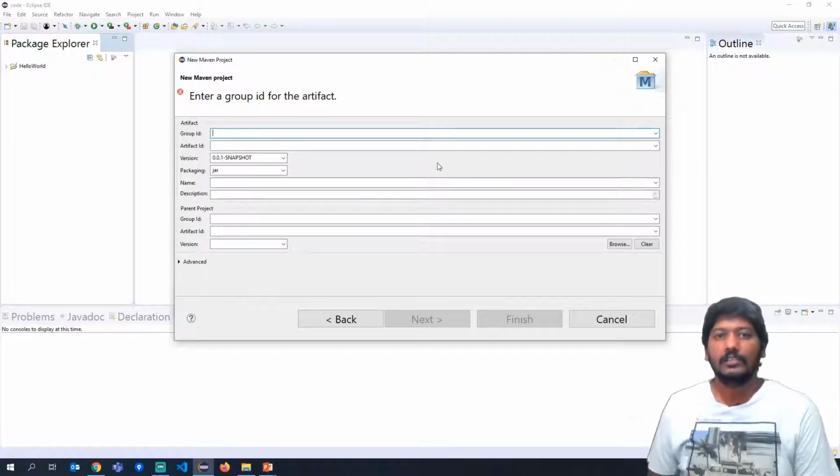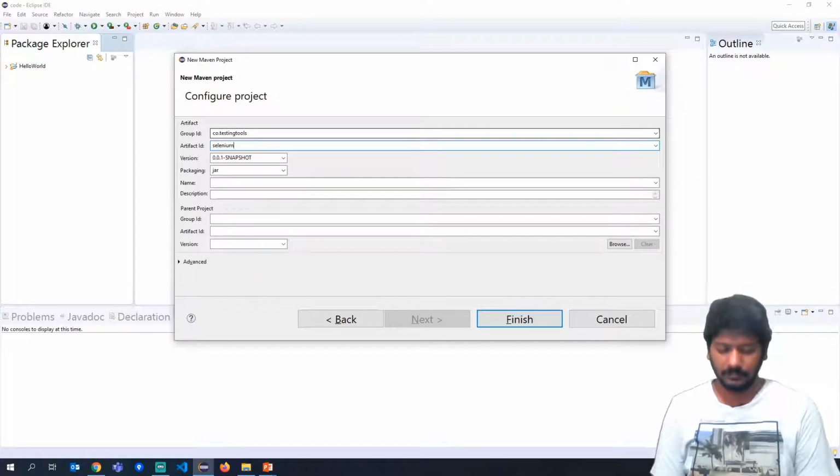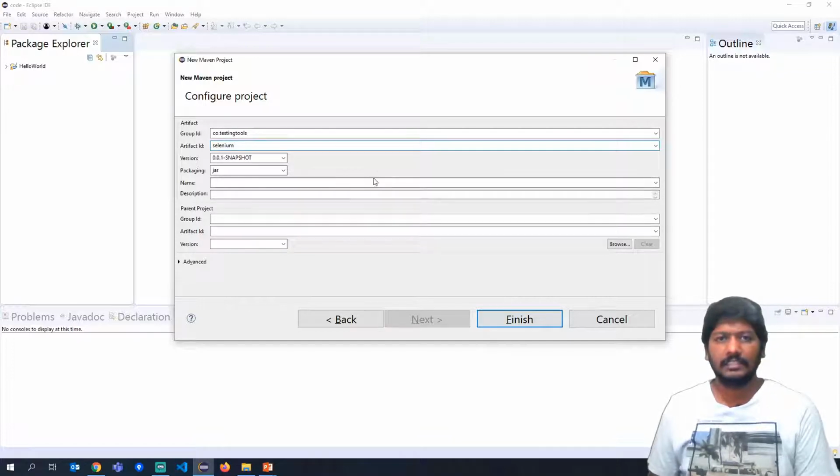First you will see something called group ID. For now I am just giving co.testingtools, and then I will say something like Selenium. The rest can be left as default, and click on Finish.